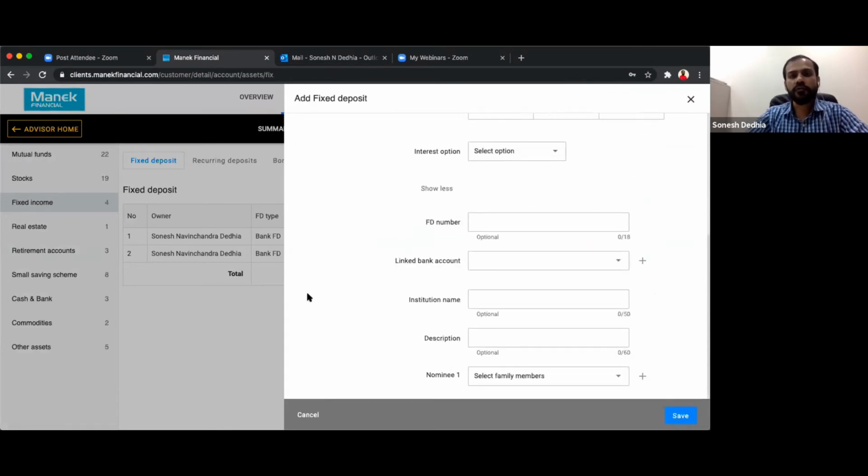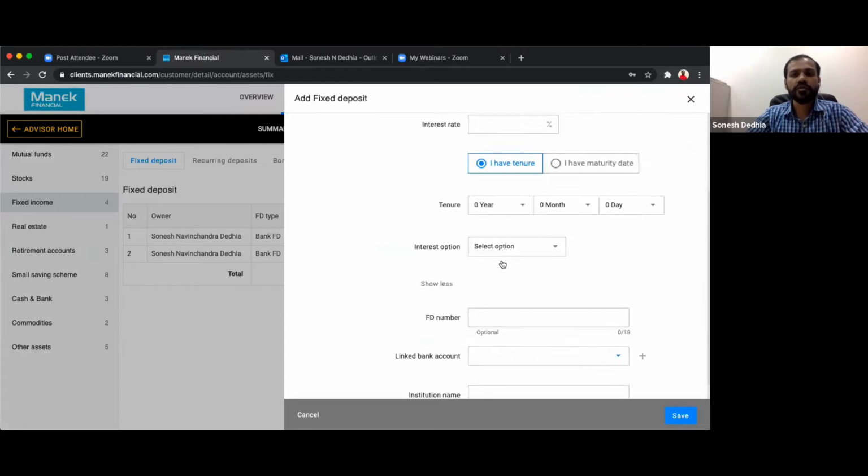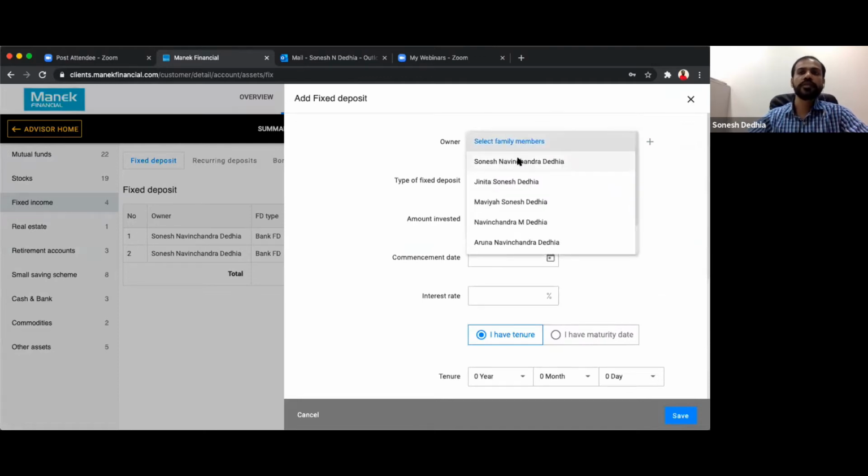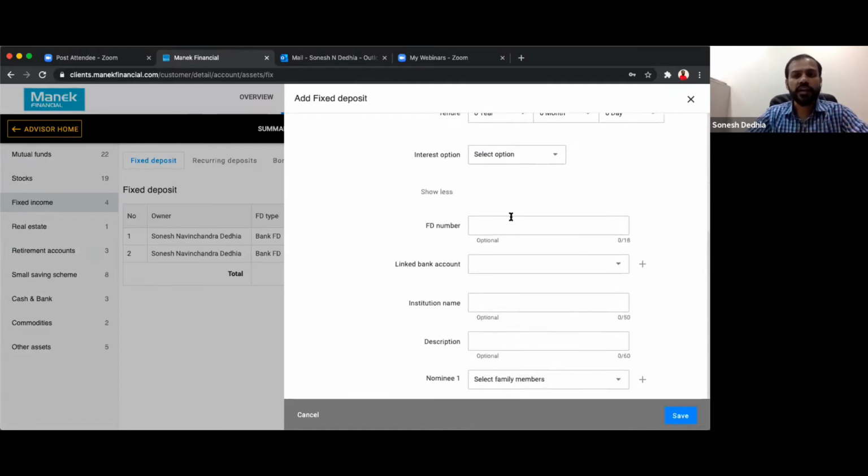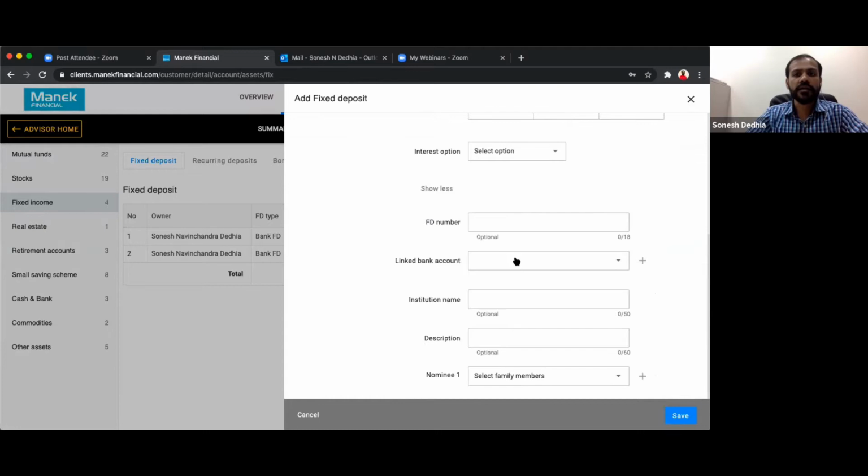Now, everywhere, what we have tried to do is put in a linked bank account option, where once you generate that linked bank account, that will be used in the future when we have a cash flow determined. If I want to understand only the cash flows that are going out, or there is cash inflow coming into the system of one bank, I will be able to segregate those between the banks also. So that's something that we have added.